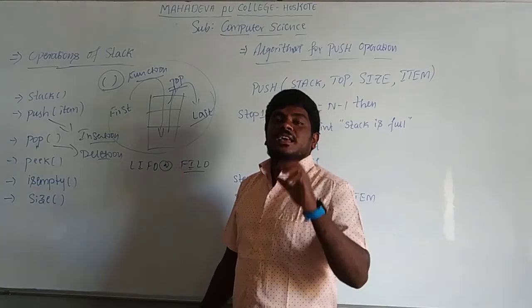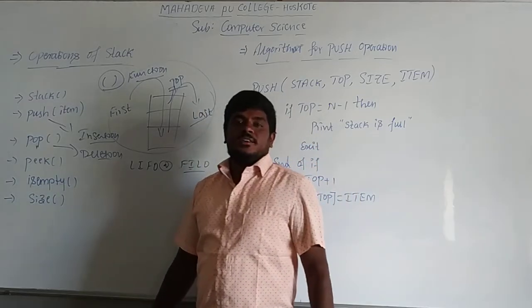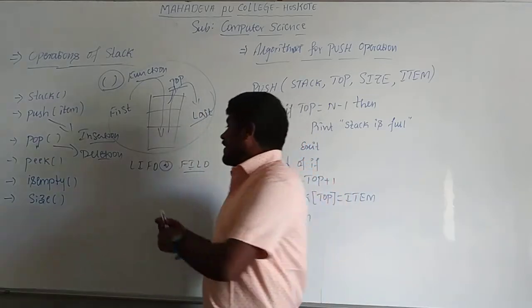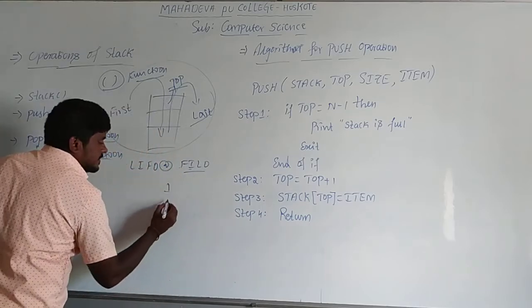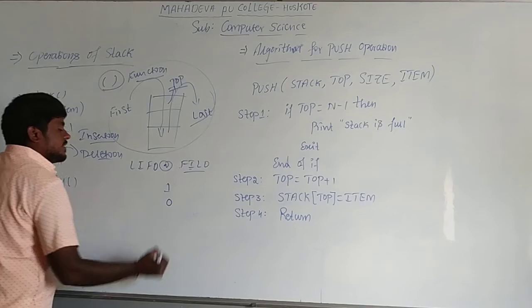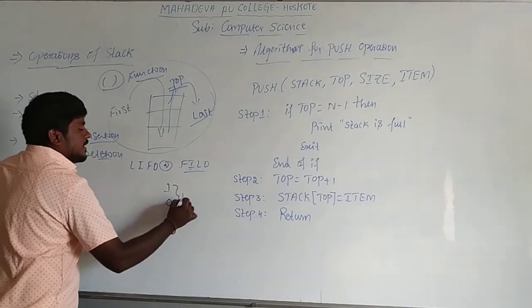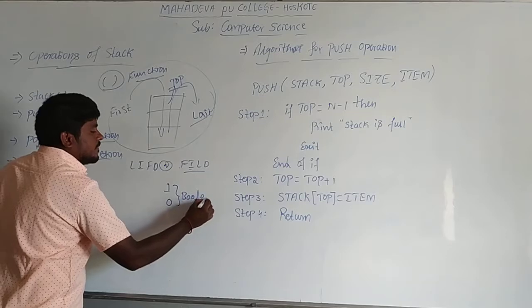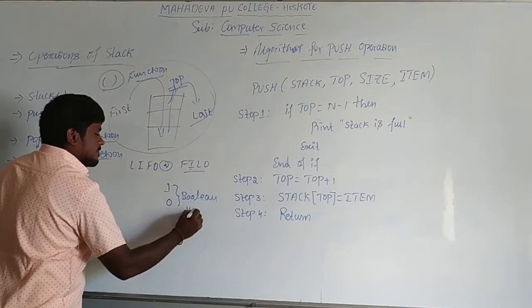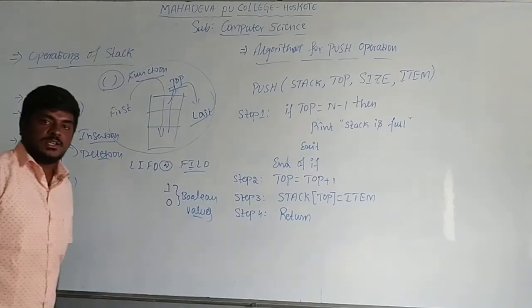Whether there are elements in the stack or not, it returns that to you. So how will it be written? If it is written 1, there is a data element. If it is written 0, then there are no data elements in the stack. These two are the Boolean values. This we already discussed with the Boolean algebra.